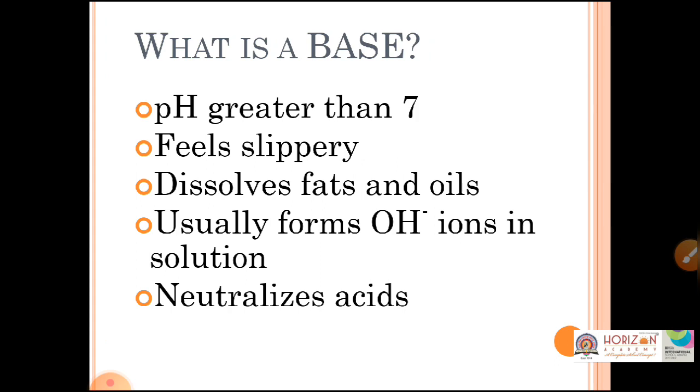So what is base? Base is any substance which turns red litmus to blue. We have seen that in the previous class. And also, base turns pink in phenolphthalein indicator. But there are many more properties of base, like base has pH greater than 7. If pH is less than 7, then it is acid. If pH is greater than 7, then it is a base, and if pH value is exactly 7, then it is a neutral substance. The full form of pH is potential of hydrogen or power of hydrogen. We are going to see about pH in the next few slides in detail.